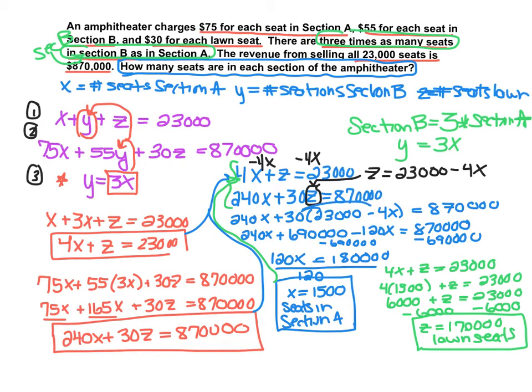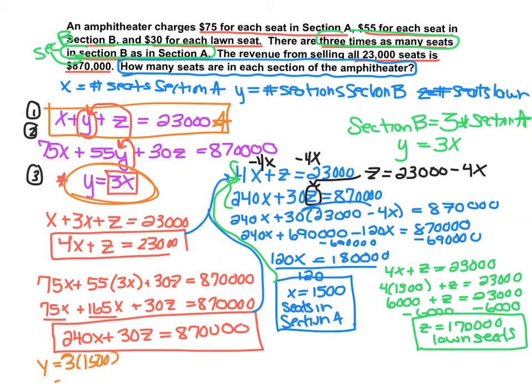And then finally, to end the problem, we have actually two different options here that I'm going to suggest. The first option is you can substitute x and z back into this original equation here, and that will give you how many section B seats you have. The other option is you can just utilize this third equation down here. We can see that y is equal to 3 times x. Well, x is 1,500. So what that's telling us is that we have 4,500 seats